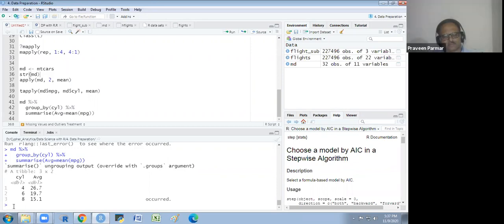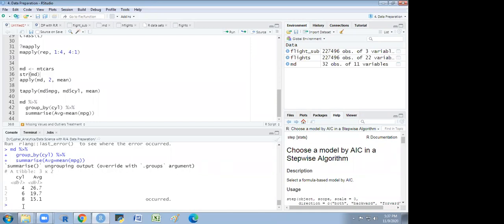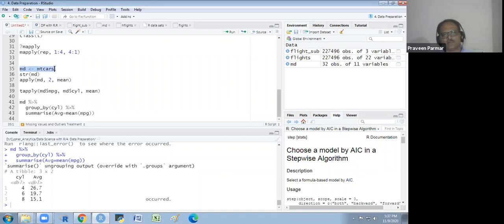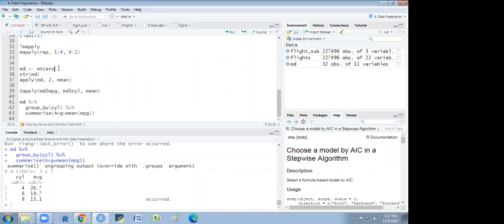This prompt sign is the console, and there is written this thing without any plus marks. You run it again. Yes, I got it. Thank you, sir.